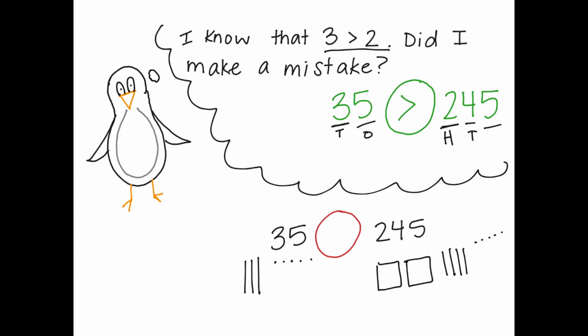So we can see Puzzled Penguin was confused because he thought that he could look at the tens place in 35 and the hundreds place in 245. But he couldn't do that. He needs to realize that even though the number 2 is smaller than 3, well, 200 is a lot bigger than only 30. So he should be saying that 35 is less than